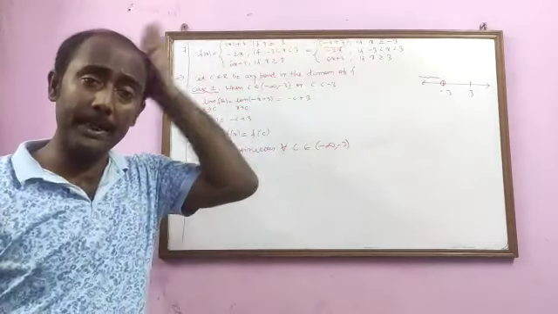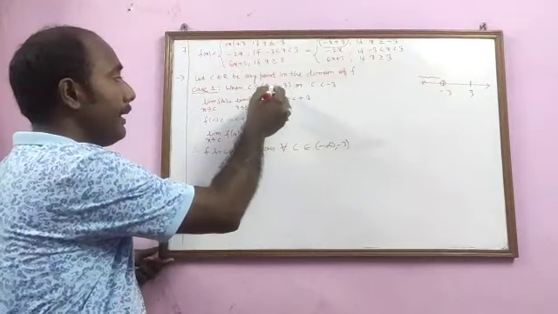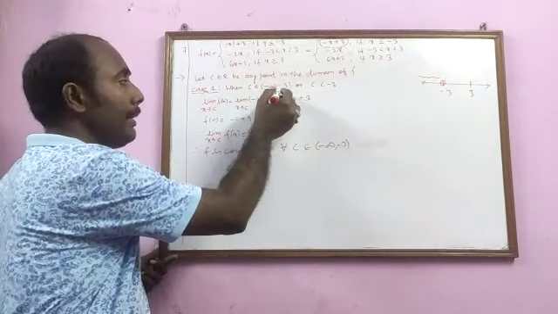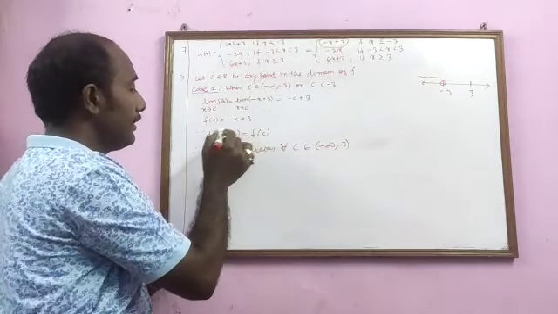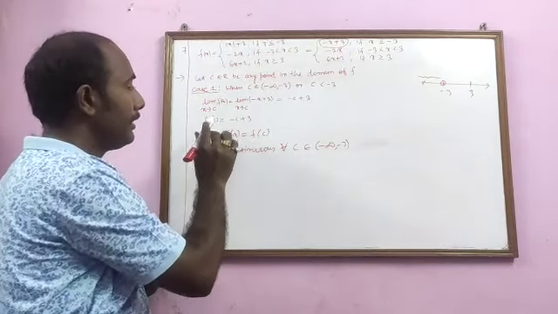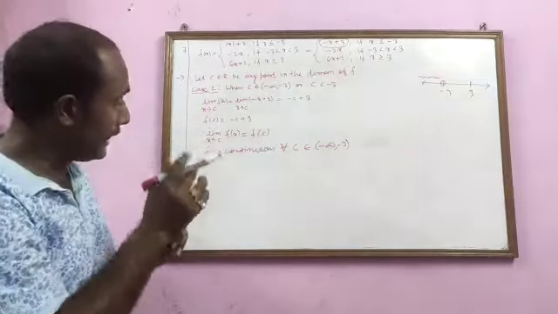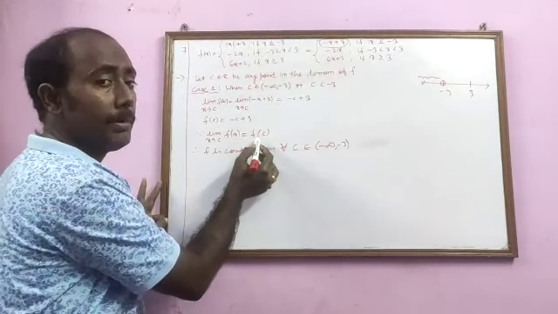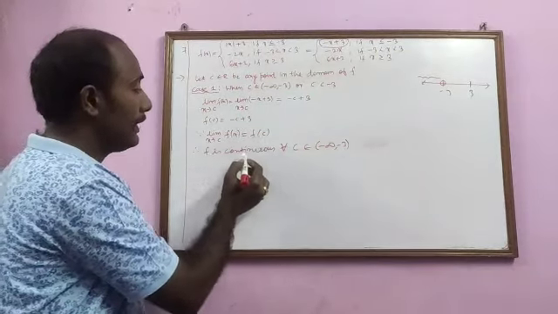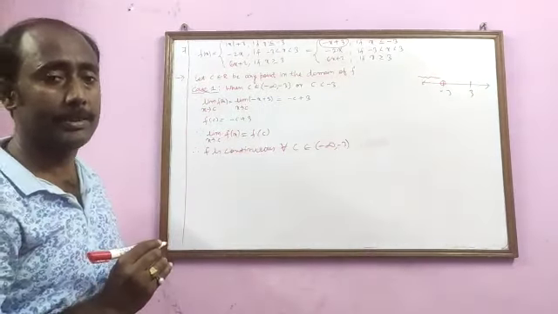So there are infinite points between them. For any point between them, if you replace c by any real value from minus infinity to minus 3, first thing, there will be no use of left hand limit and right hand limit. Next thing, you will always get that limit x tends to c of f(x) is equal to f(c). So we conclude that f is continuous for all c belongs to minus infinity to minus 3.